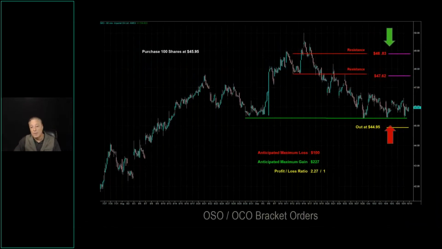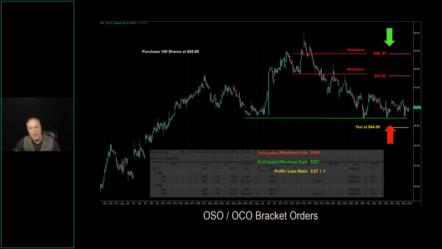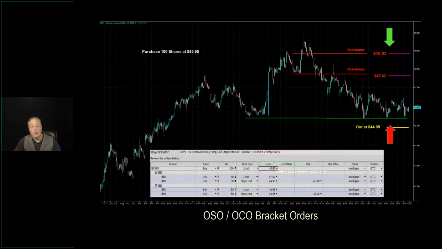One order type that I'm going to mention here today, just to whet your appetite, is bracket orders. Essentially, all brokerage firms now have them, but they don't really push them for obvious reasons, right? Their profits, because you'd be using limit orders. And because of this, many investors and some traders, which is surprising to me, don't even know about them. With a bracket order, you're going to put your profit target and your stop loss in at the same time on a stock or ETF position that's been established.